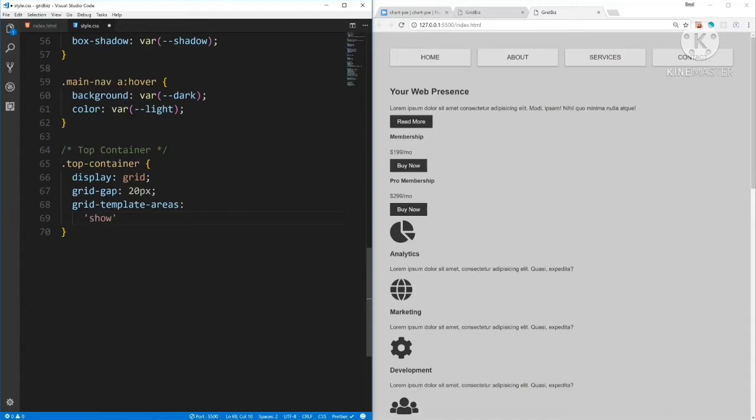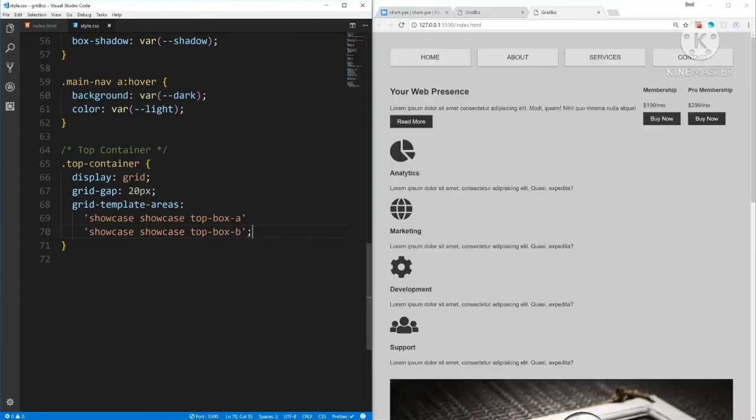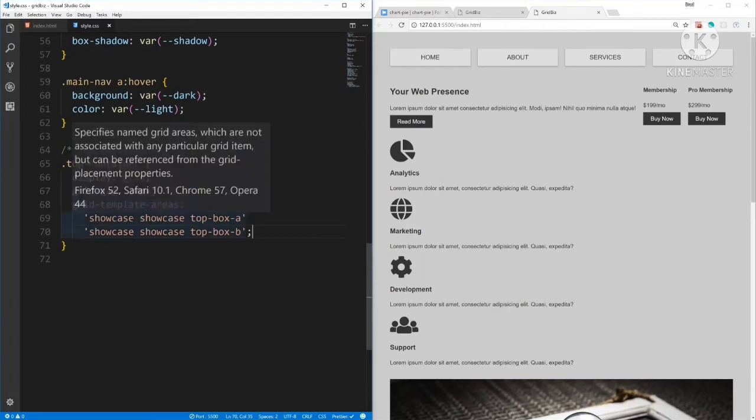So I'm going to say showcase top box A, and then I'm going to go on the next line, put another set of quotes, and say showcase, and then top box B. Okay, and then we just need to end that with a semicolon. Now, if I save that, you can see it's set as a grid, but it's not really doing anything yet because we just set